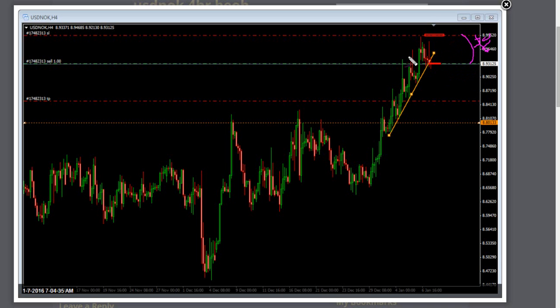Now, understanding this setup here, we know that this rising trend line and this pivot zone, again, it's a zone within here, should hold us. So I don't want to take a 3% loss. And this is what people are missing all the time, is the idea of dynamic risk reward.